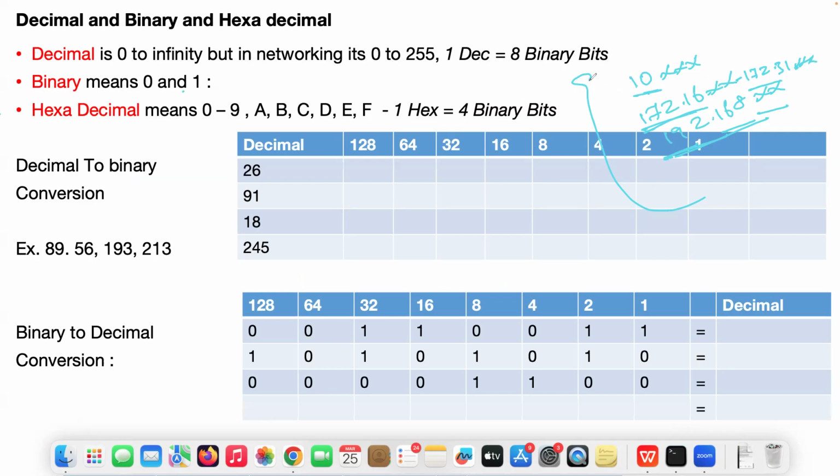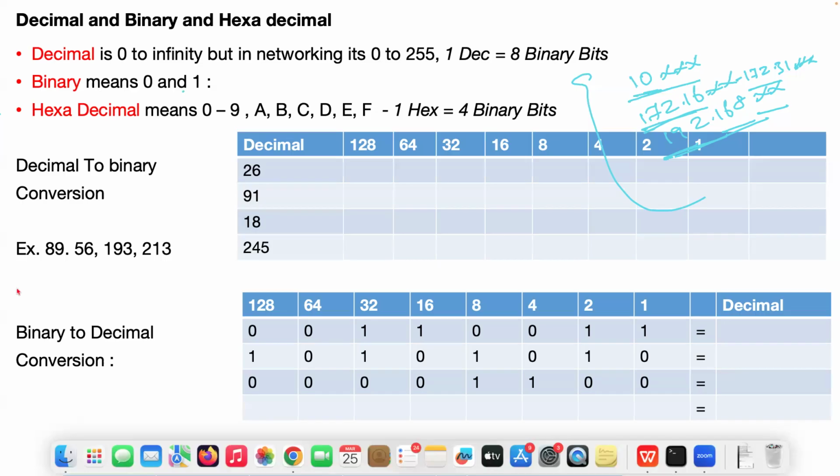This you have to mug up, or learn by heart. Understood? So class A is 10 dot anything, class B is 172.16 all the way to 172.31 anything, class C is 192.168 dot anything.